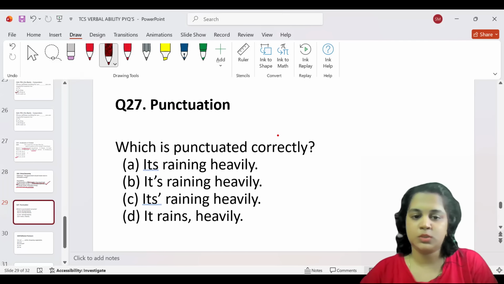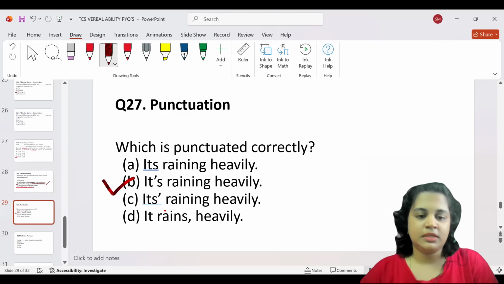Next is punctuation. Sometimes they can ask you to identify the sentence that is most correctly punctuated. It could be in words or the sentences as well. It is raining heavily. It's raining heavily. It rains heavily. It's raining heavily. It's raining heavily. It is option B, guys, because